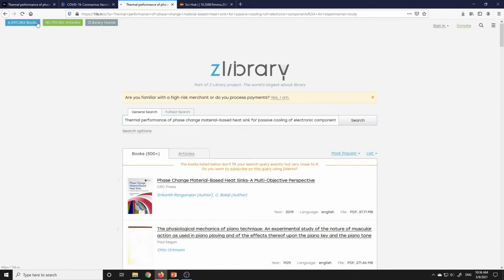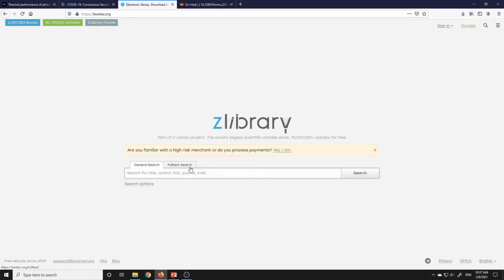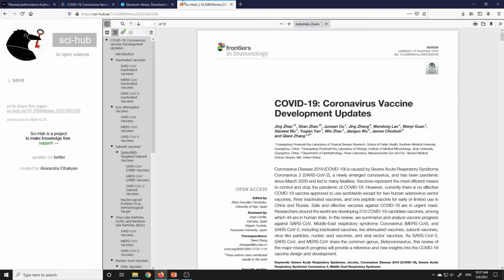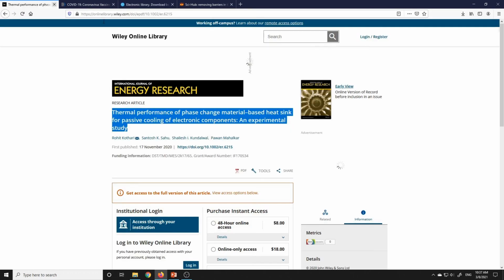You can even get lots of free ebooks here, articles also, and I have found this very useful. So if SCI Hub is not working, you can always find it here. The only problem is sometimes you will get it, sometimes you might not. Whatever journals I tried to find, I got it here. It was around 80 to 90% success.